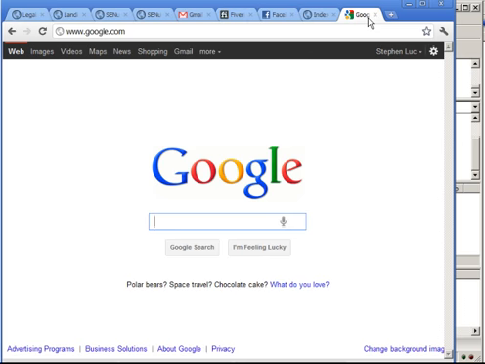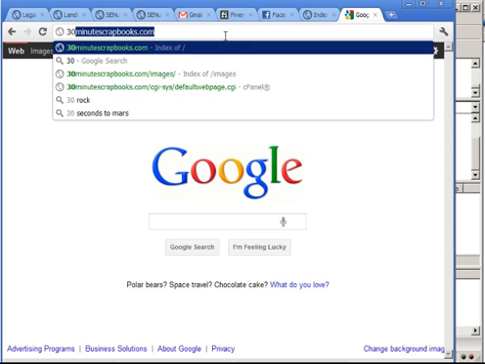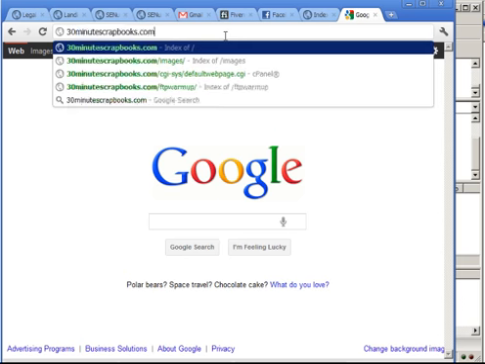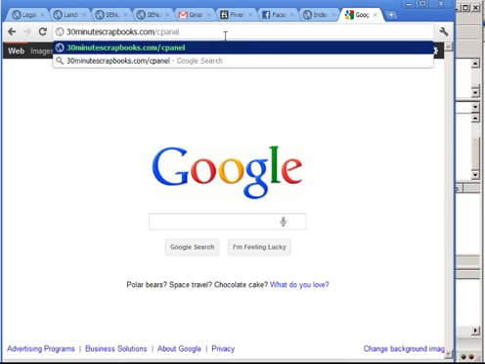What I want to do now is go to a new browser or new tab, and then go to whatever your domain is. Mine was 30minutescrapbooks.com. You want to put a slash and you want to put CPanel. Now this can vary if you are not using a cPanel, but I would say the majority of you, if you're using HostGator, in fact, if you are using HostGator, then you will have a cPanel. If you are using a different hosting company, you might see something different. But I would say the 44 web hosting companies that I've been through,